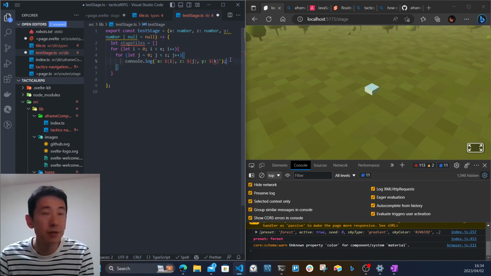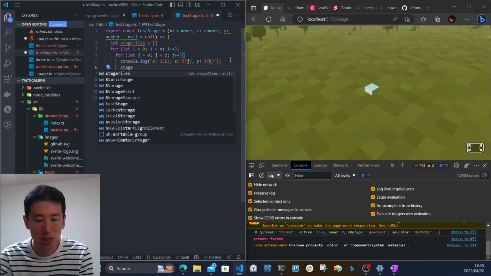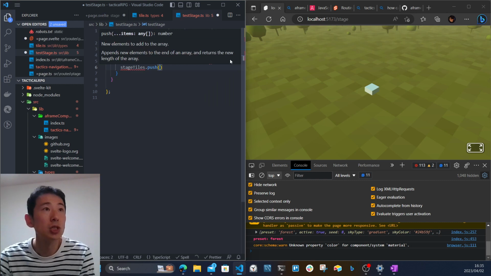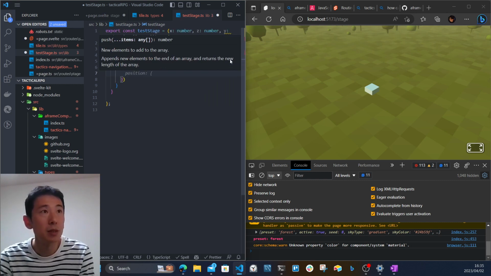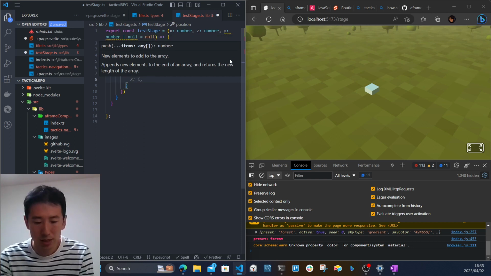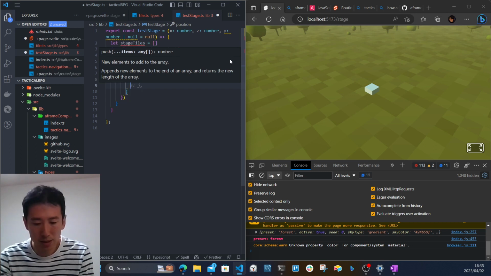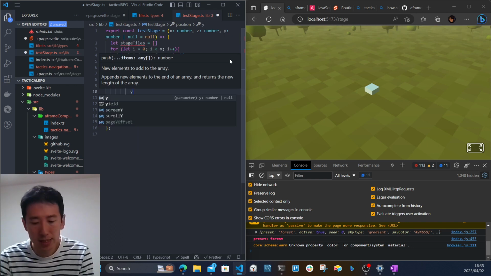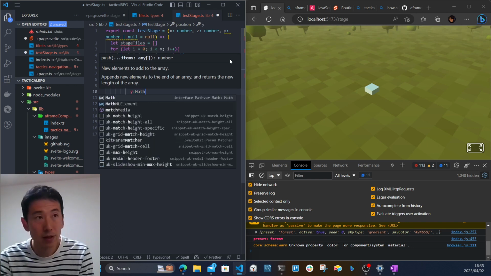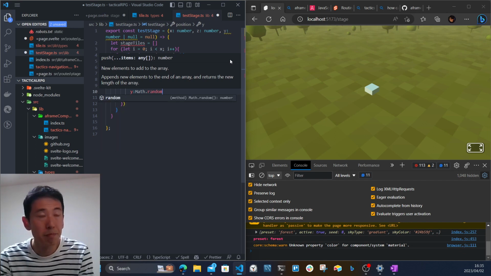And stageTiles.push a condition: x equals i, z equals j, and y is, I think I'm just gonna do Math.random